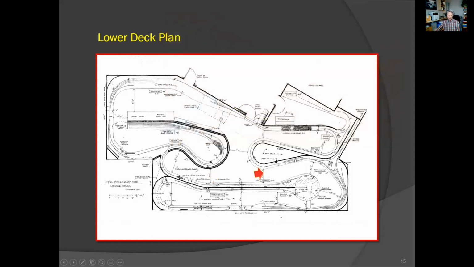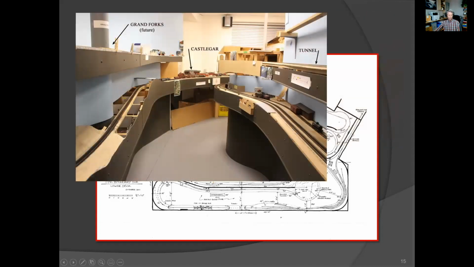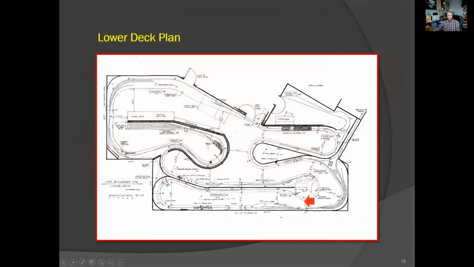We're just going to turn 180 degrees, look down the other aisle. Here's the main line coming down here on the lower deck. There's Castle Guard down there in the distance. There's that same Great Northern Line on the right. Up here is the tunnel siding area. On the left is Grand Forks, which is the next phase, in fact, of the layout. And we're going to go around the